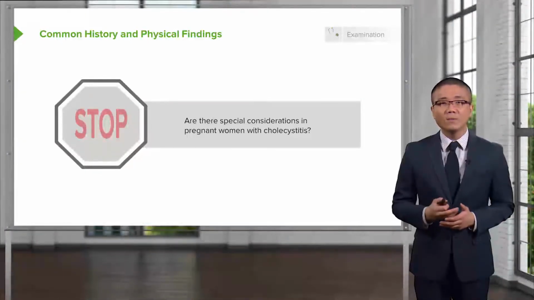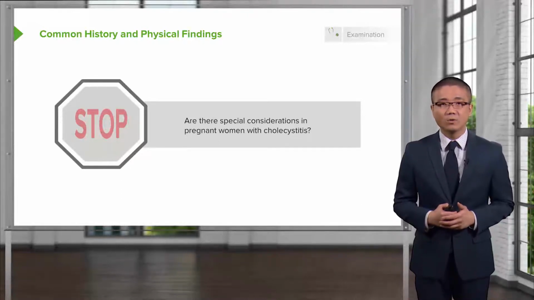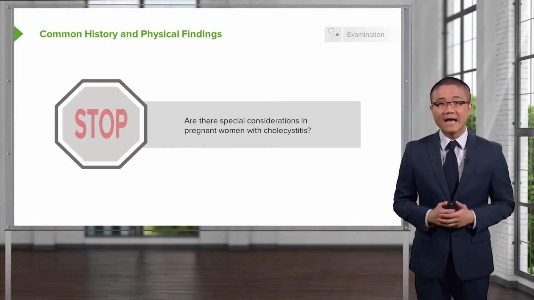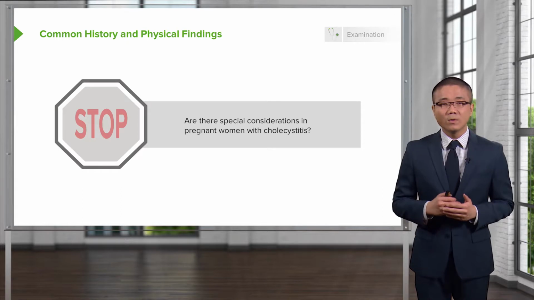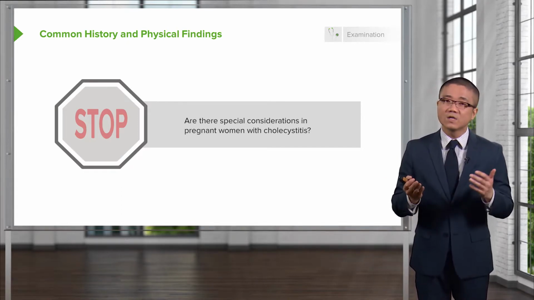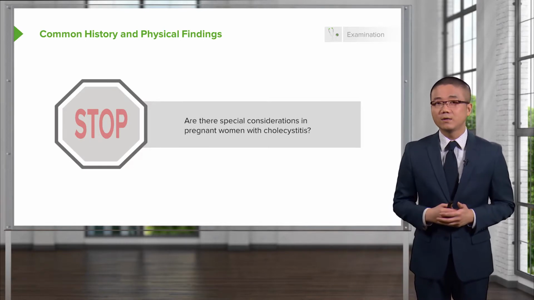Remember, pregnant women have to undergo general anesthesia to undergo a laparoscopic cholecystectomy. In general, during the first trimester, it is ill-advised to have a laparoscopic procedure performed under general anesthesia. If at all possible, we can temporize by treating the patient with antibiotics alone. Of course, if the mother's life is in danger or is clinically deteriorating, then it's most prudent to proceed with